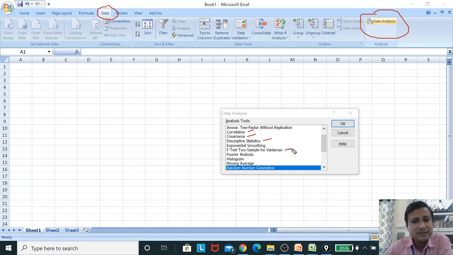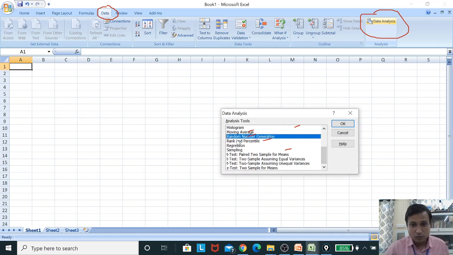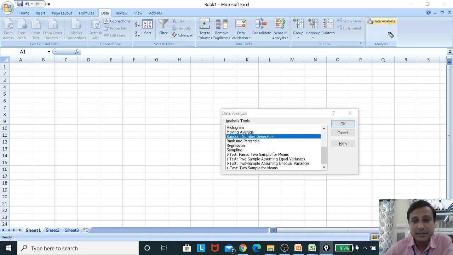F-test we can go with. ANOVA is also there. Now I'll scroll. Once I scroll, you can see that regression also we can go with. We can compute rank, percentile, t-test, z-test, hypothesis testing also we can do with the help of data analysis.